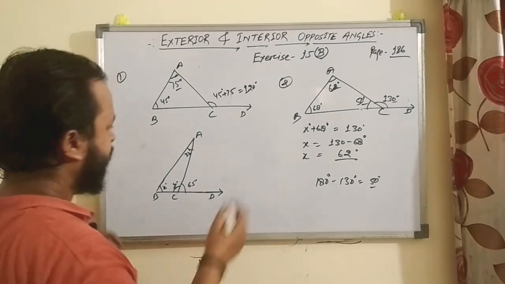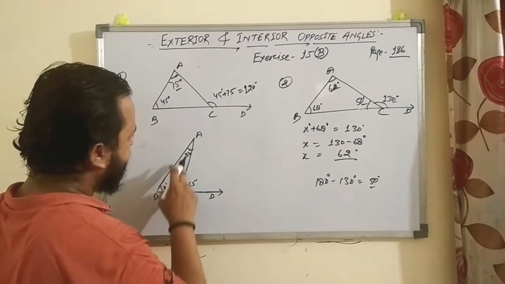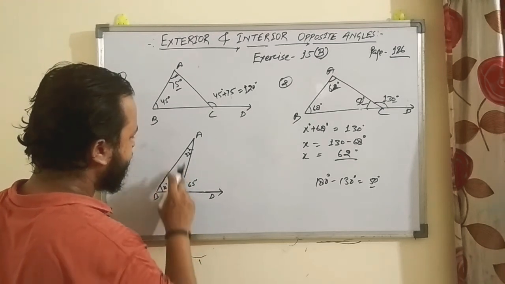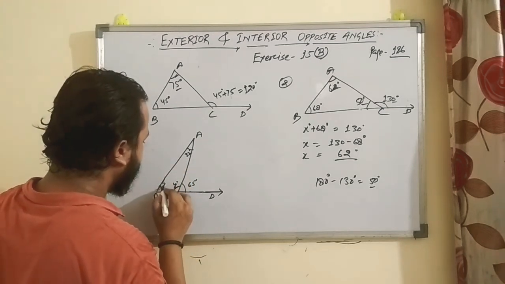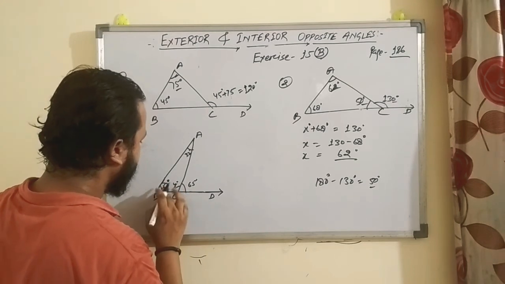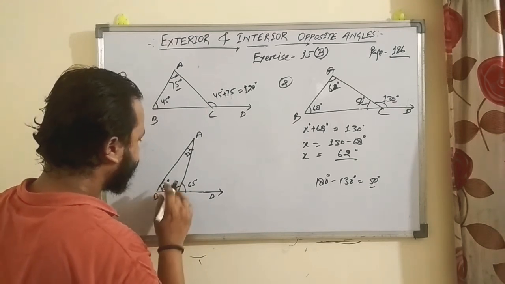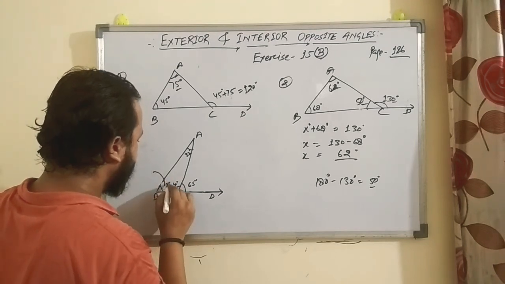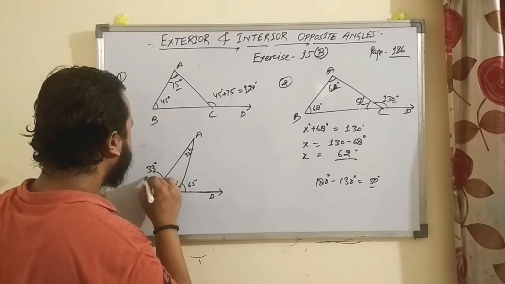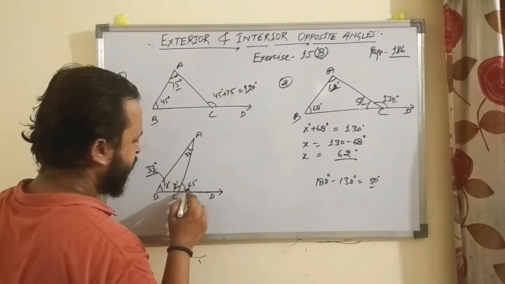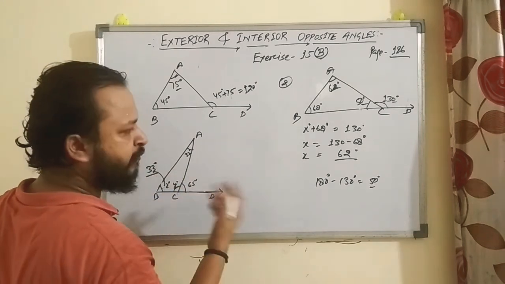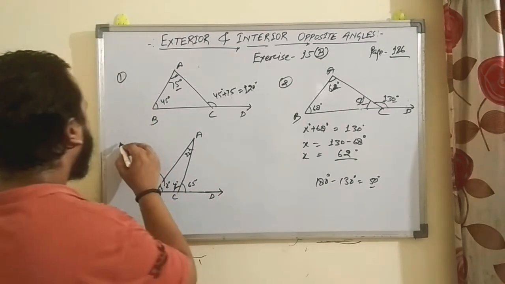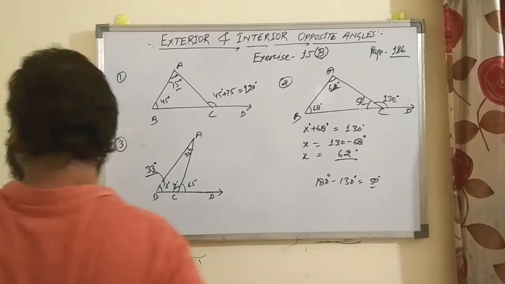So you can just solve it that 32 degrees plus x degrees is equal to 65 degrees. It means this must be 32 degrees, sorry, 33 degrees, right? So this angle must be 33 degrees. So x is equal to 33 degrees and you can find it out. Just subtract 65 from 180 degrees, you will get the value of this y, right? So these are the 3 questions.